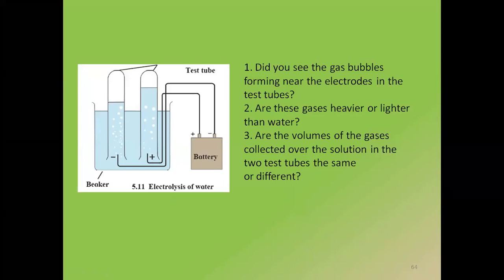Let us go stepwise. First thing, did you see any gas bubbles form near the electrodes in the test tube? Did you see? First answer this question. Yes, we all saw in the diagram कि वहाँ पे air bubbles है. पर वो air bubbles किसका है? क्यों बना है? Why there is air bubbles here? वो air ही क्यों, वो bubbles ही क्यों बना है? What? Very good, Arman. What are the bubbles made up of? ये bubbles किसका है?